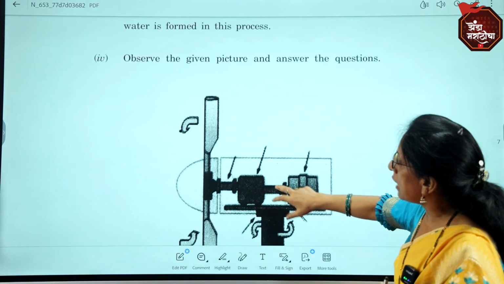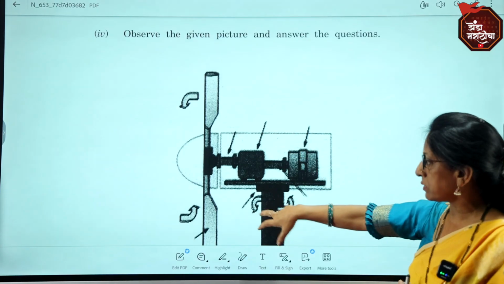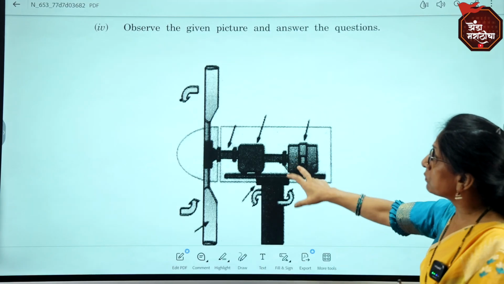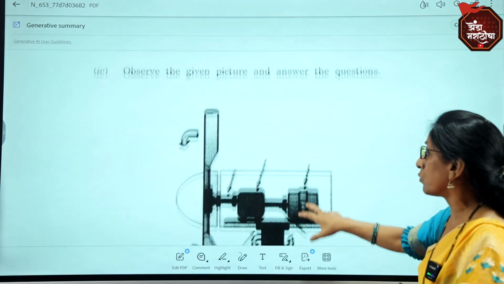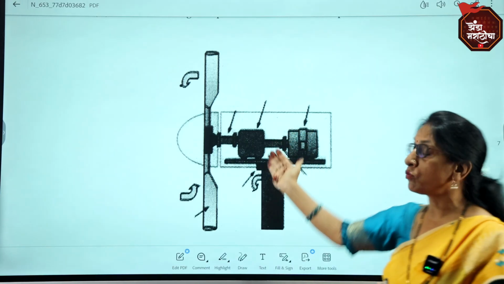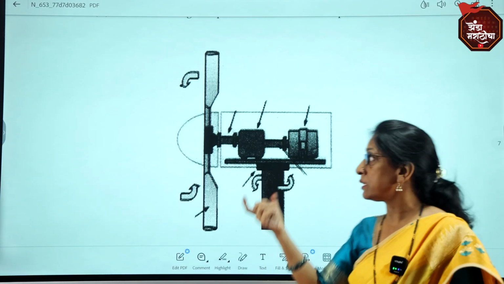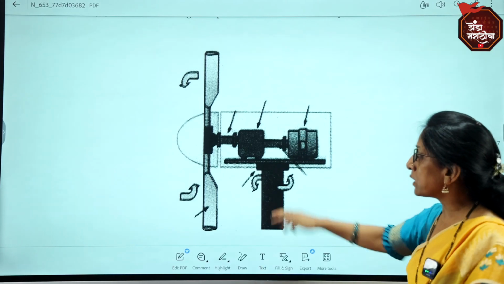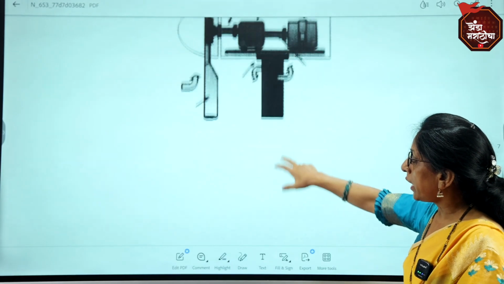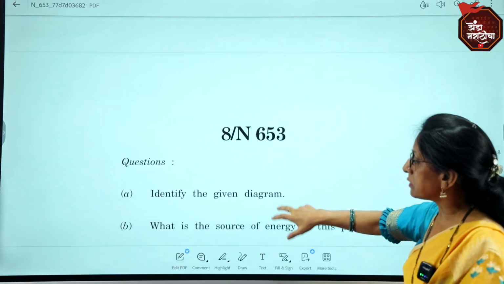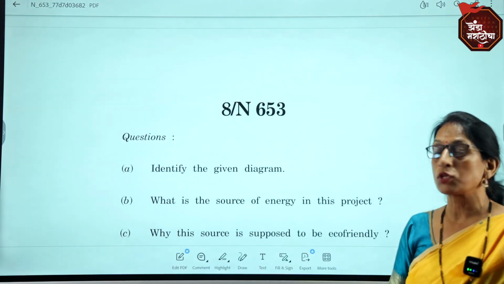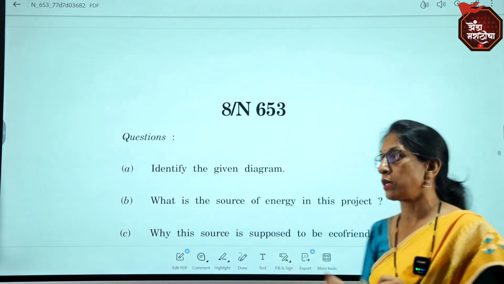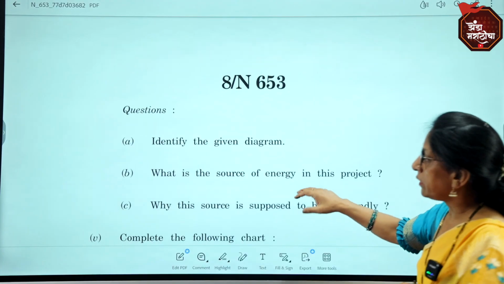And now the last type of questions, like in this question number 3, where you have to observe the pictures and answer the question. In this case, when these types of questions come, don't draw the picture. You have to observe, and the question is given to you, and you have to give precise answers, like identify the given diagrams. Write what you identify and understand in 1 or 2 words. The answer should be in 1 or 2 words, and it should be precise.